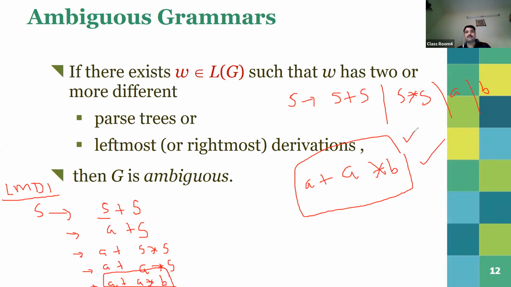So for that purpose, just you have to calculate, you have to derive some other leftmost derivative, right? So just try to find the another leftmost derivative, that is LMD2, leftmost derivative 2, another derivative, right? So in this case you have to change some production. जैसे हमने यहाँ से s plus s से शुरू किया, तो हम कहीं भी change कर सकते हैं. If we find any leftmost derivative, any leftmost derivative, then we can declare that this grammar is ambiguous.